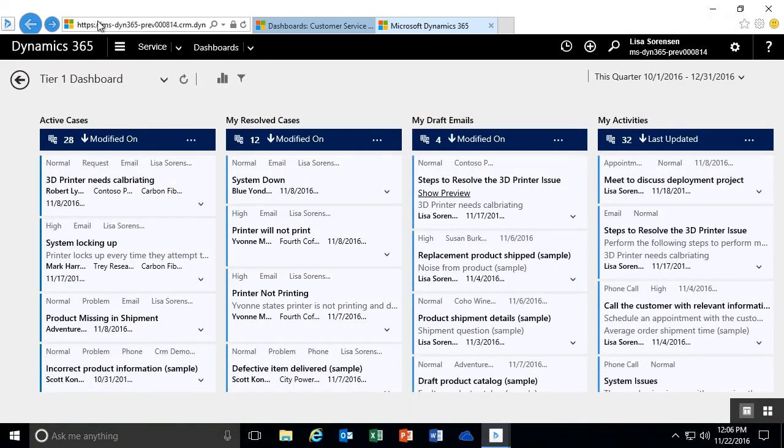Now, you can very easily create this as a separate shortcut. So you don't necessarily have to launch the Interactive Service Hub from the Dynamics 365 environment. In fact, you don't even have to have the Dynamics 365 environment open to be able to use the Interactive Service Hub. Now, you'll see